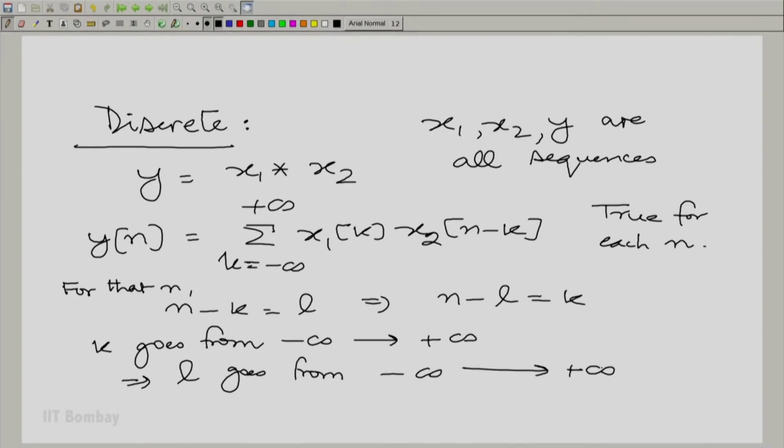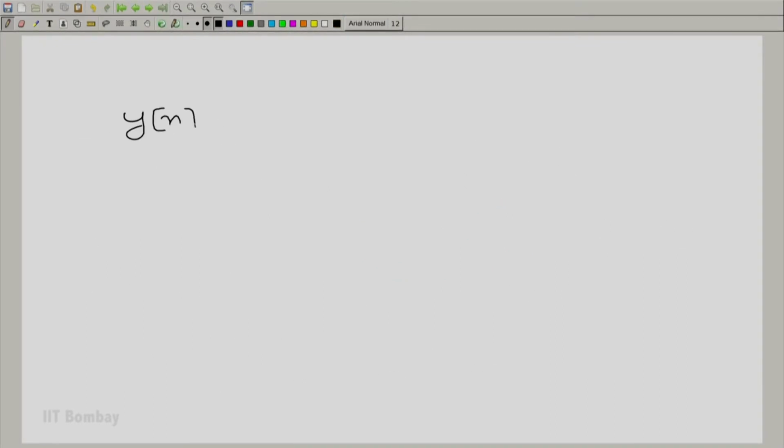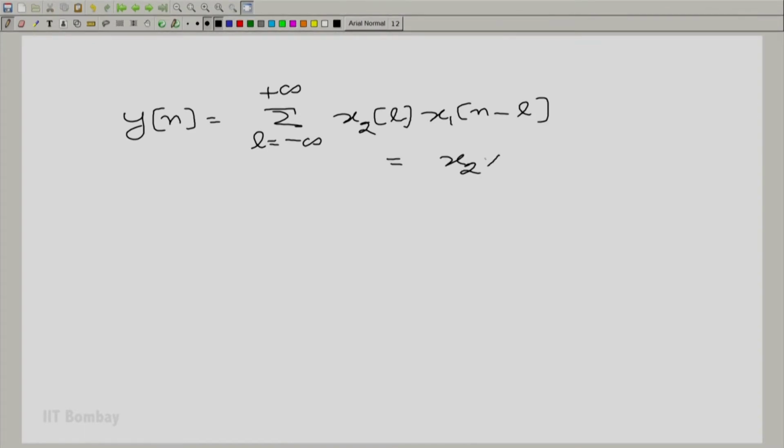And therefore, we could replace in the summation k by n minus L, and n minus k by L. And there we are. It tells us that y[n] is also the summation over L from minus to plus infinity of x2[L] x1[n minus L],